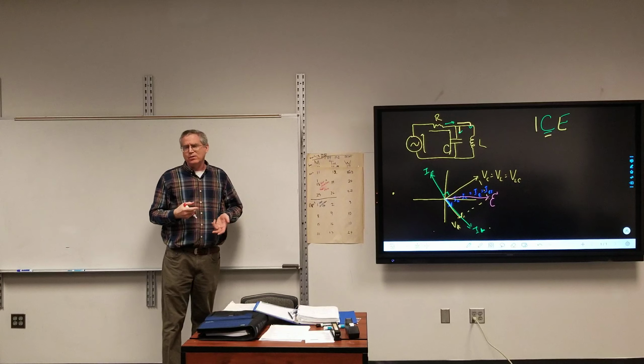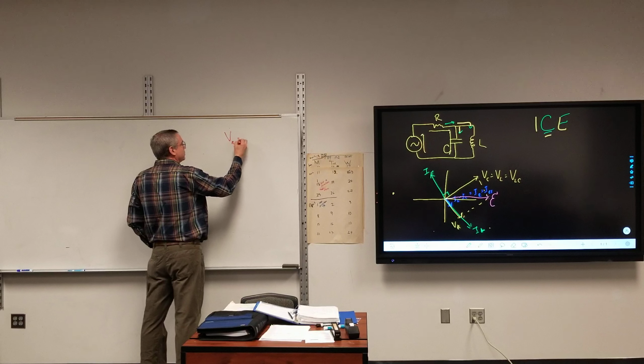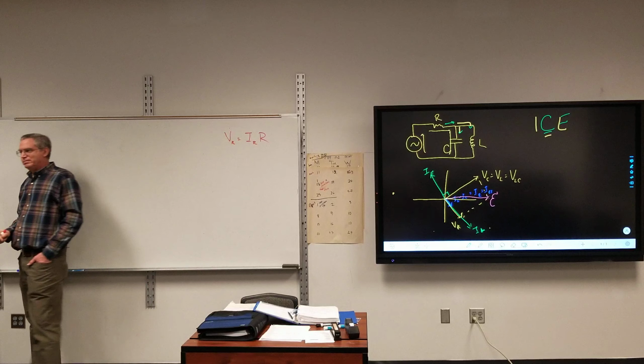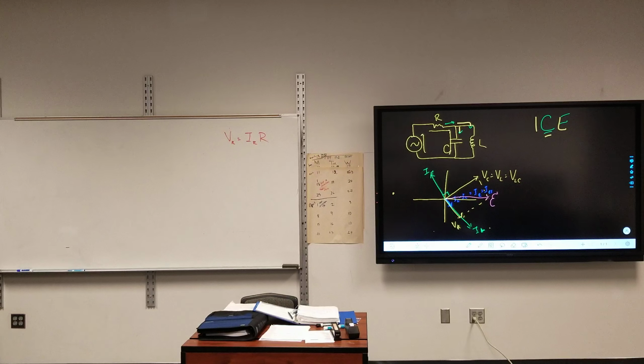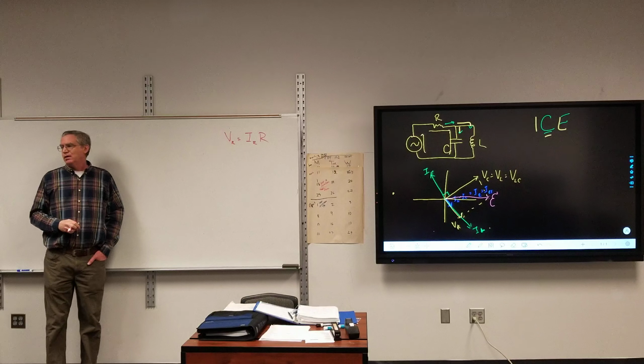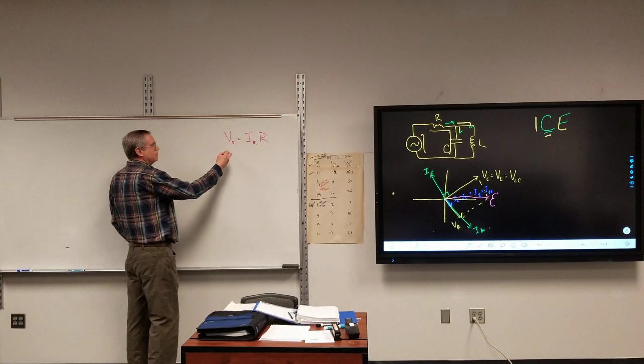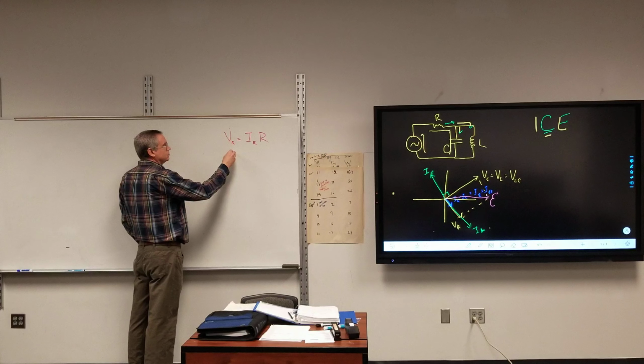It's in there. So VR is equal to IR times R. All right, Ohm's law. Those are all capital letters because they're indicating the magnitudes. So the equation for impedance is then the impedance is equal to